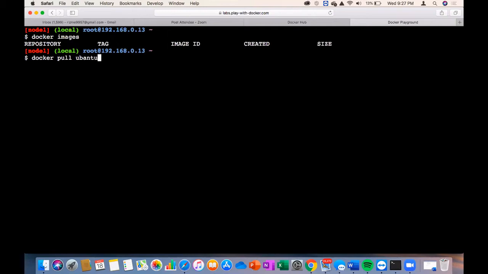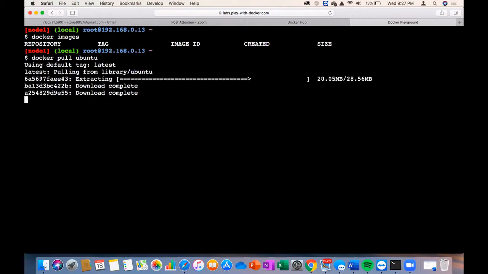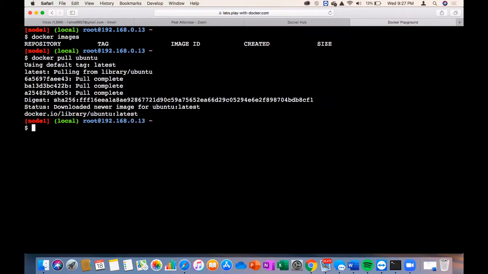Enter. Good. So it is going to pull an image.